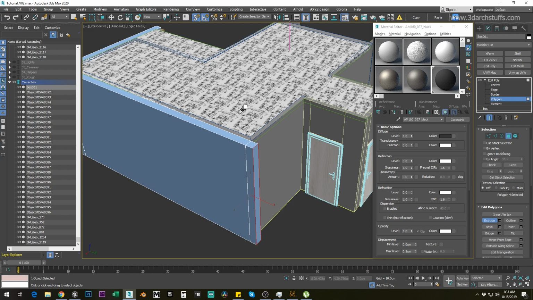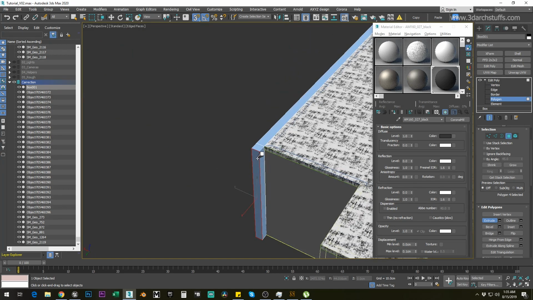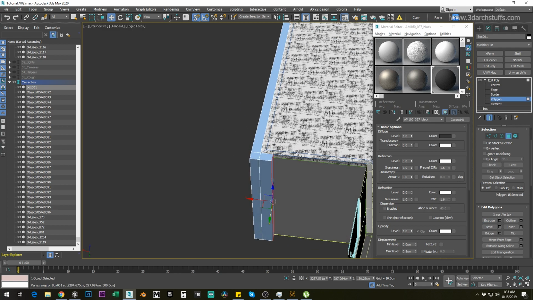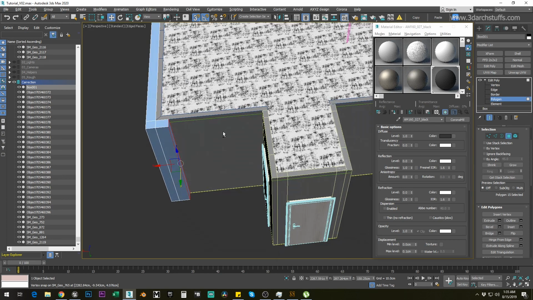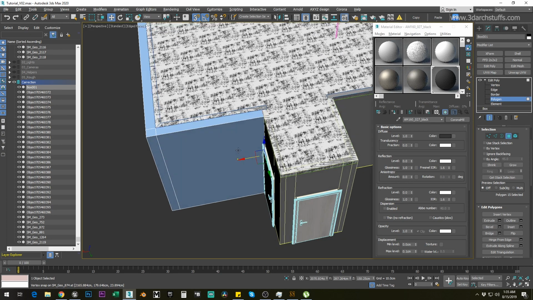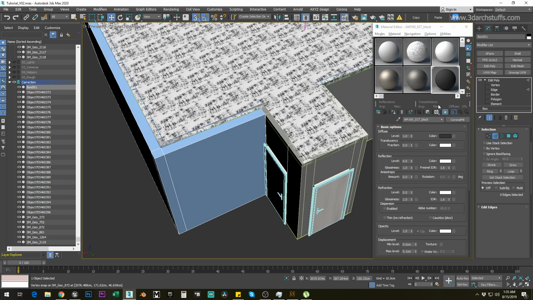Then extrude around 20 centimeters, and then again extrude around 20 centimeters, and then snap it on this, and then go in edge, then select both edges,